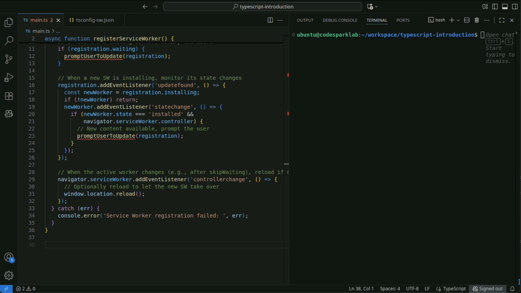The controllerchange event fires at the moment when the new service worker starts controlling the current page. Reloading at this point will immediately apply new cache strategies and processing. However, automatic reloading can degrade user experience, so it is preferable to reload after obtaining user consent.